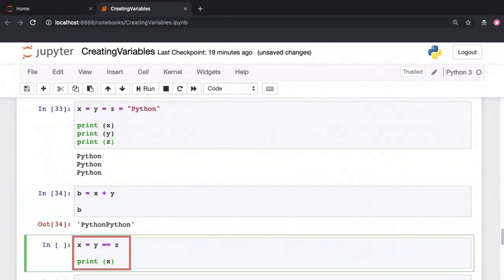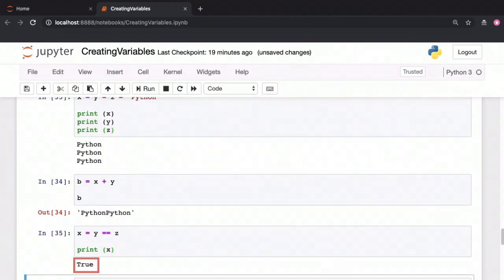Remember that when you see assignments like this, evaluate this from the right to the left. Observe the double equal to between y and z. This means that y is being checked to see whether it's equal to z. If the values in y and z are exactly the same, the result will be true, and true will be assigned to x. If they are different, the result will be false, and false will be assigned to x. y is exactly equal to z, which is why x is true.